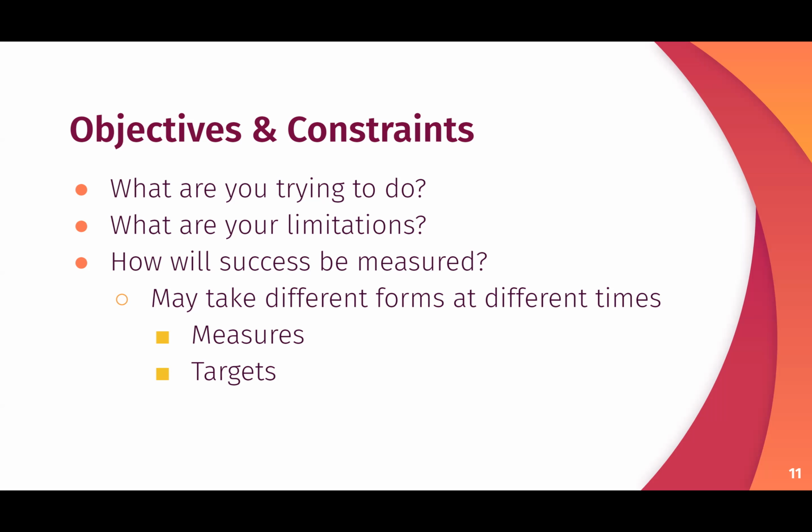Maybe I cannot prove that my particular hypothesis is true, or I don't know if I will be able to prove it. But I can say, you know, this project will be successful if I'm able to survey 50 people and get the answer to my research question. So it's not necessarily about what the answer to my survey will be, but about what I'm going to measure, how many people I want to get, or what the benchmark or target is for me to accomplish that particular thing that I'm measuring.